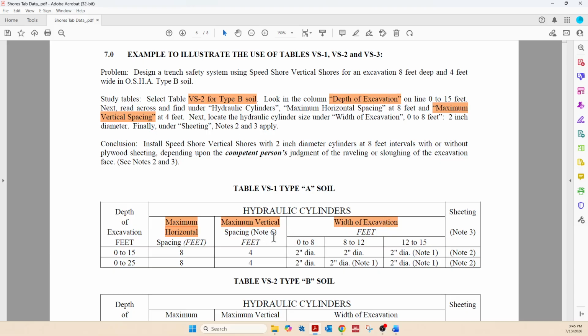Width of excavation, what is the width? 0 to 8. And then if we're 0 to 8, we need a 2-inch diameter cylinder. See, we're still selecting cylinders. And if we were 0 to 25, see, we'd be looking at different sizes. But since we're staying with 0 to 15, we're going to be having the maximum horizontal spacing at 8, the maximum vertical spacing at 4, the cylinder size at 2-inch, and 2-inch diameter here for the 8